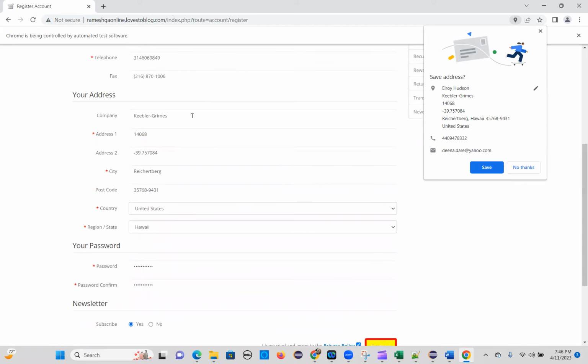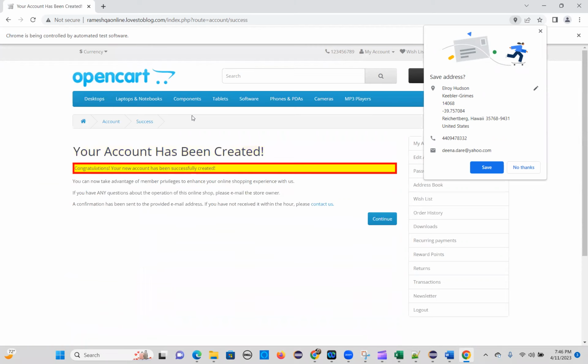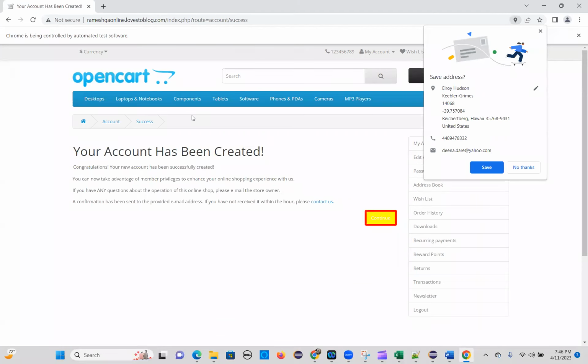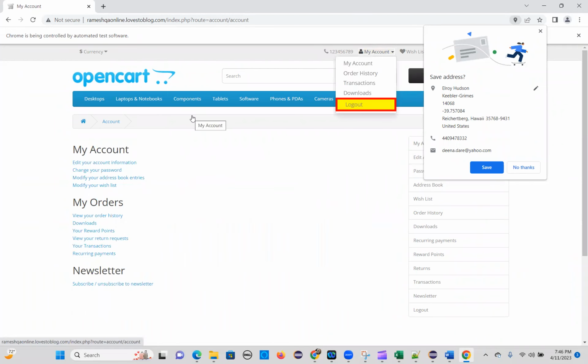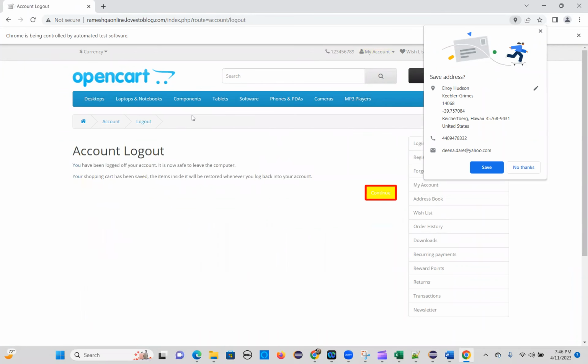So yes, we have selected and it continued. So your account has been created. Congratulations, and the continue button. See, it's automatic. If you want to do it manually, it takes a lot of time, right? So that's the advantage with this